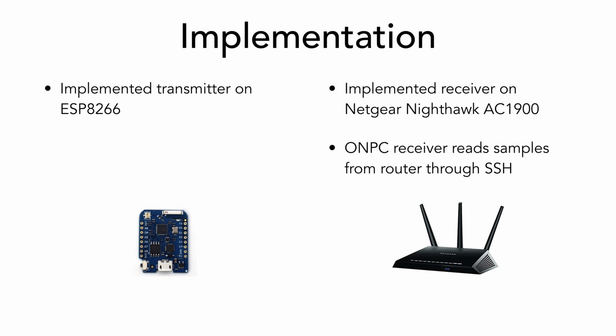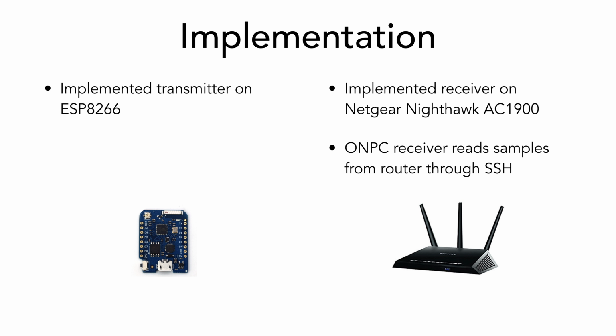We implement on there. The SDK for the ESP has some function, I forget what it's called, like packet freedom, I think, where you inject a packet. So you give it the raw bytes of the data, the whole header and everything, and it just sends that out. So really low level. We had to craft our own Wi-Fi frame ourselves, with the header and everything, all in bytes as a byte array in C, and it just sends it out. There are some limitations to this in terms of the size of the frame. I forget, there's some limit on the size of the frame. And there's also a limit on how fast we can transmit out, but that's limited by carrier sensing.